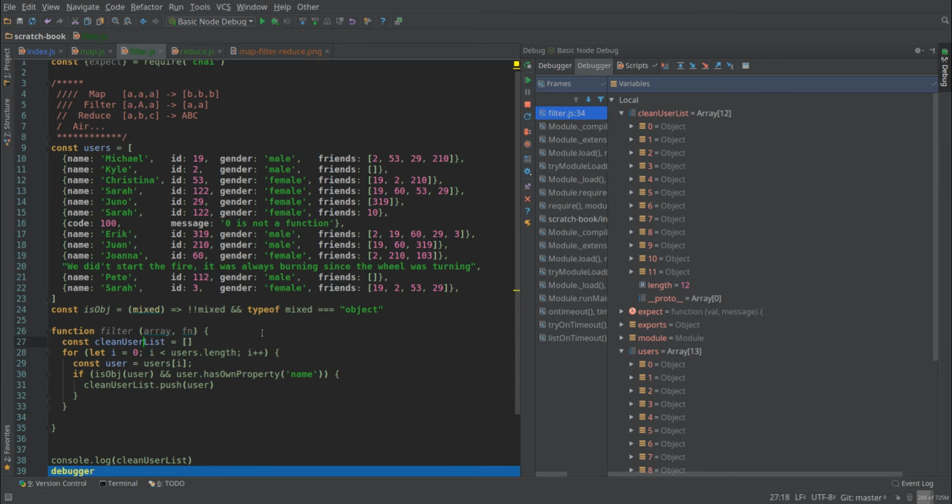The only difference is we're just going to call this clean list, return clean list. And instead of user, we can change this to item. Same thing with this. Let's change this to array. So this is going to loop through the array. It's going to take each item of the array,